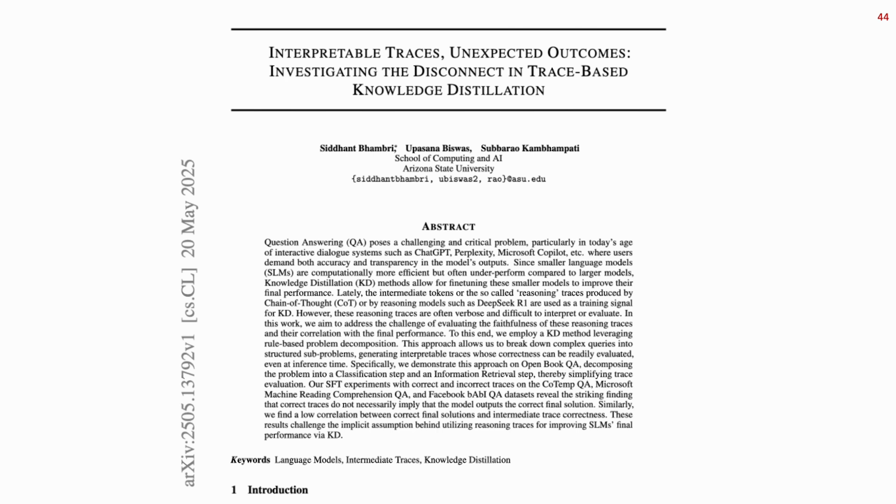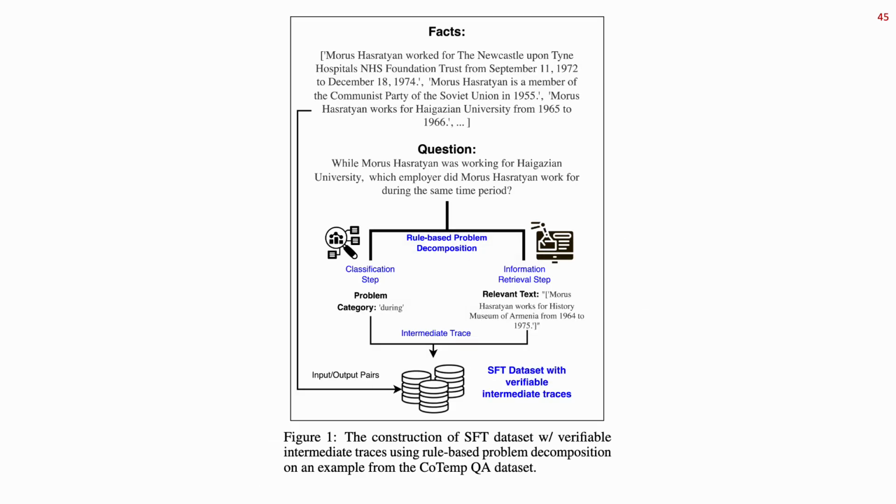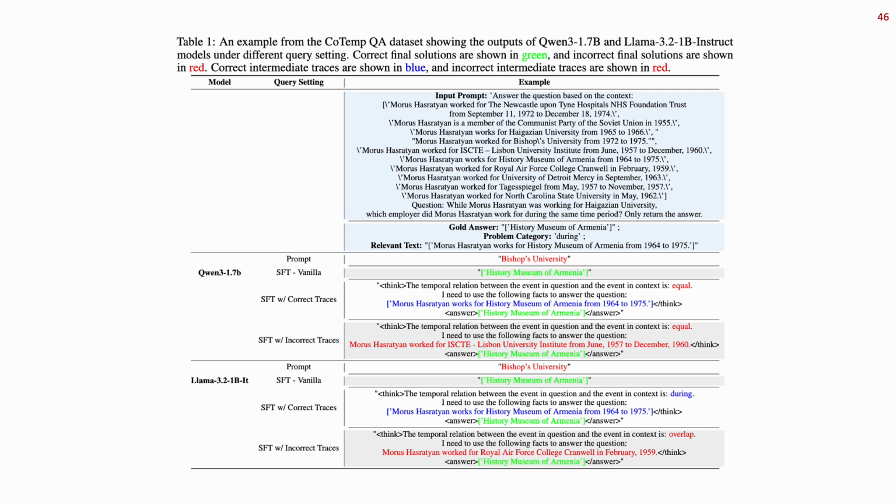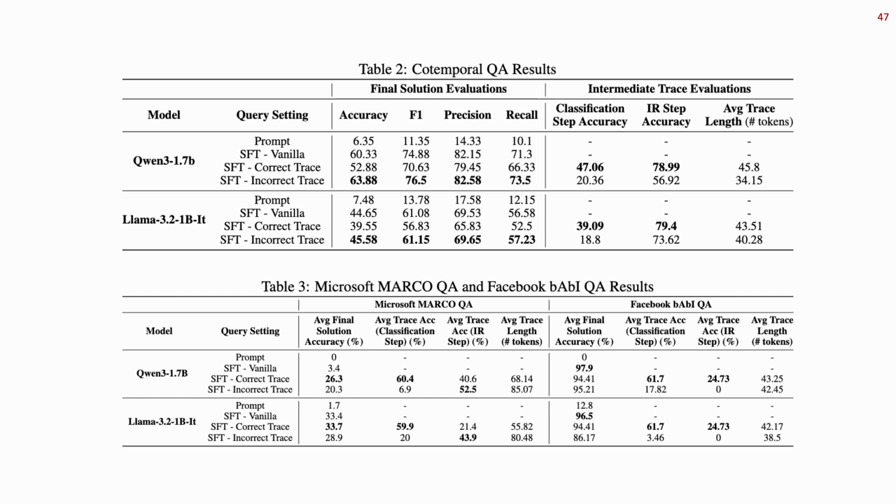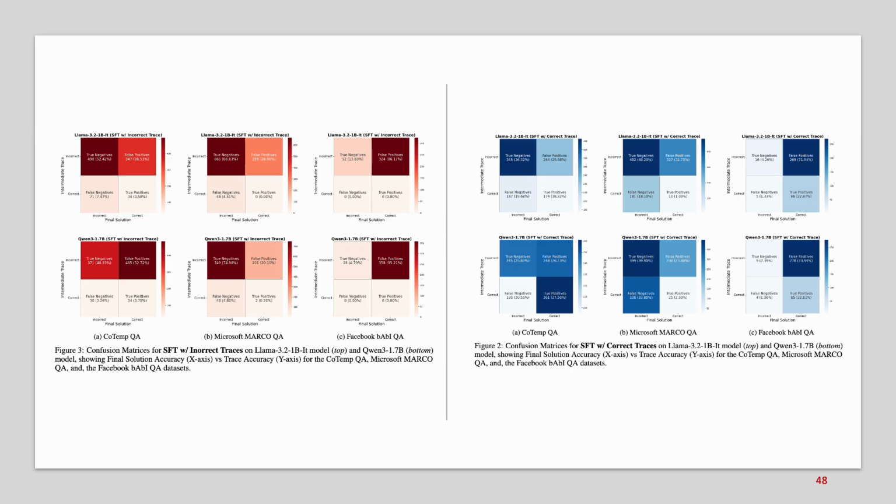In fact, we did this experiment not just on the puzzles, but on a question answering kind of problem, where a question can be split into sub-parts, and then you can have an automated way of generating intermediate tokens followed by the final solution. We did these experiments on that particular data too, and we found more or less similar results, that trace validity is not giving solution accuracy and vice versa. This is important for you to understand. And so we have the same sort of confusion matrices there.